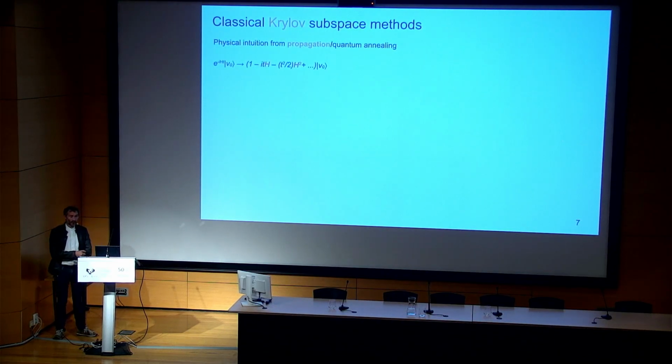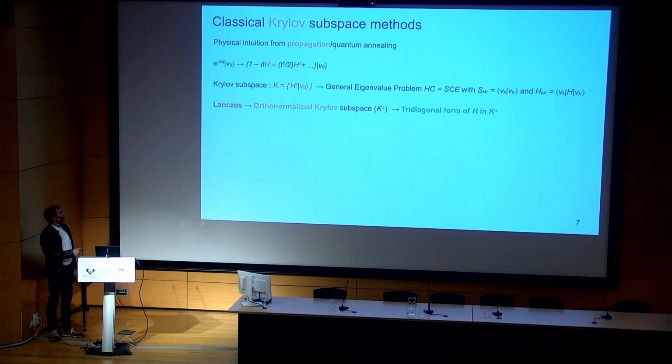You can also see the construction of a Krylov subspace with more of a physical meaning. If you start with the propagation of a Hamiltonian on this arbitrary vector V0, and you make a Taylor decomposition of the exponential, you find naturally that at each time step a power of the Hamiltonian arises. Okay? So if you construct this Krylov subspace with V0 and H, you can diagonalize the Hamiltonian with a generalized eigenvalue problem because these elements do not have to be orthonormal. And you find really fast the